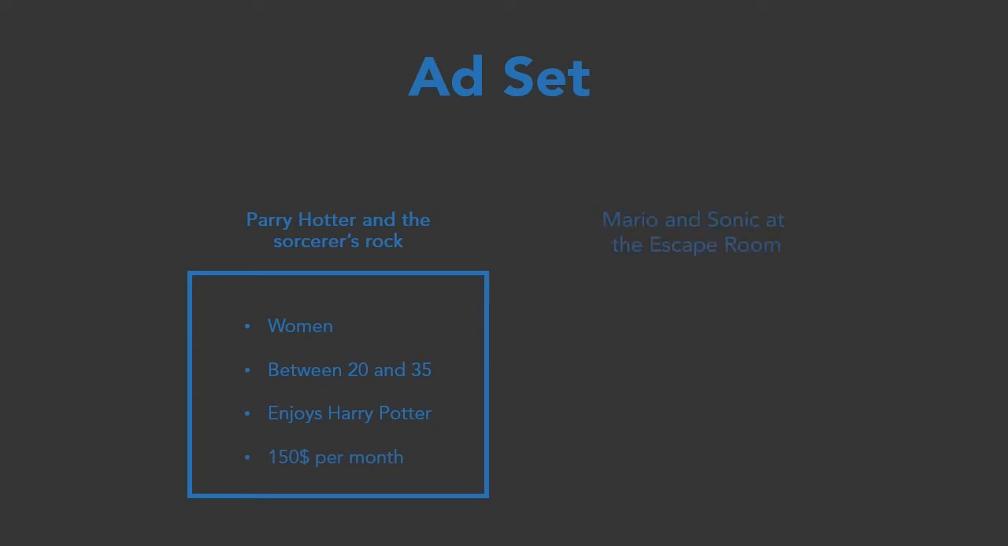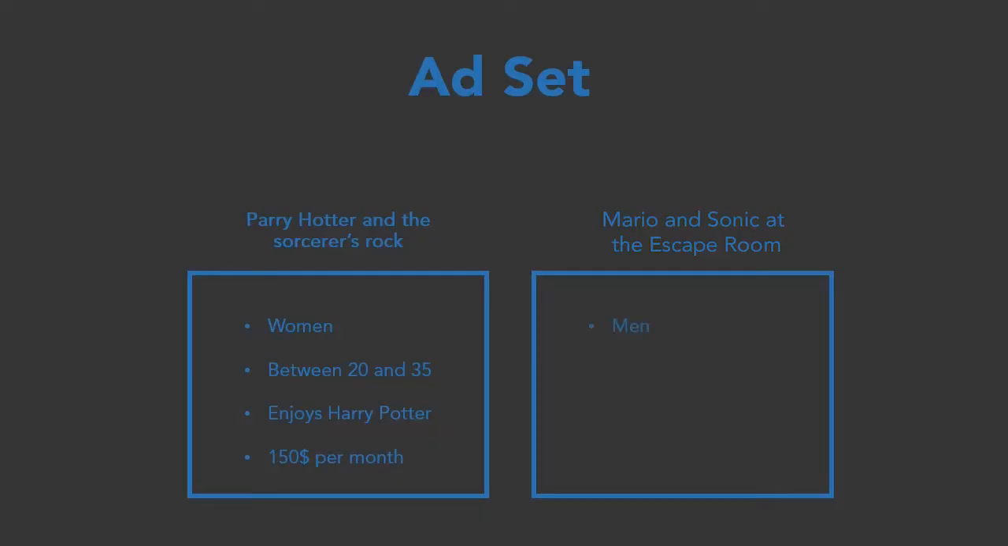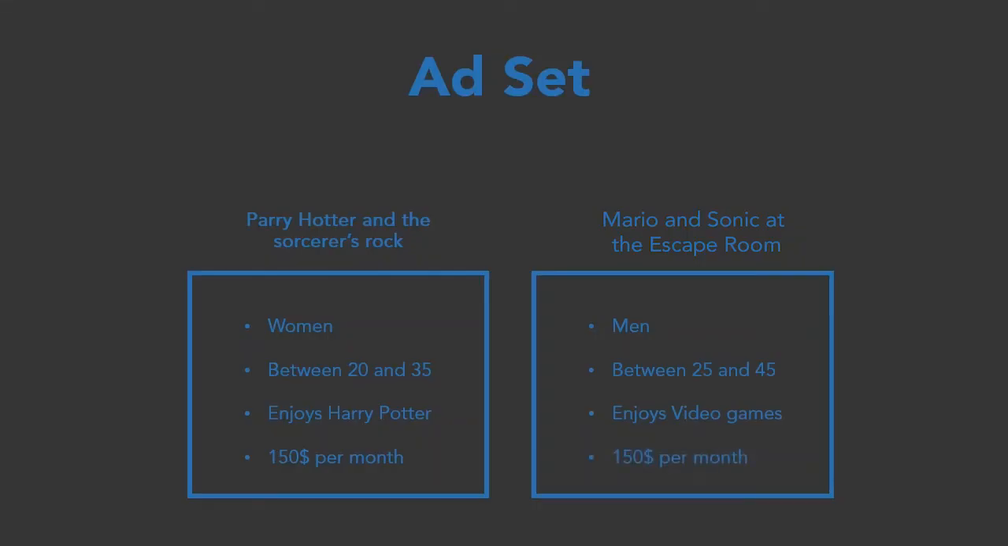And then on the other hand, you could create a second ad set for your second room, Mario and Sonic at the escape room. And in that one, you did your research again and you figured out that men between, I don't know, 25 and 45 who particularly enjoy video games and the Sonic the Hedgehog character and Mario might be interested in your escape room. So again, you create that audience, you specify the geo-targeting where you want to target them, set your budget of, again, $150 for the month,